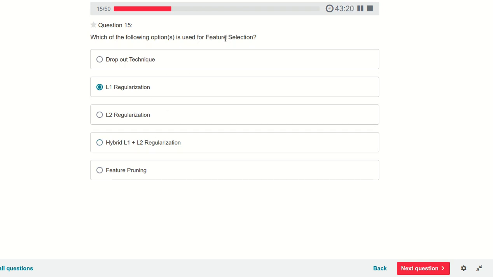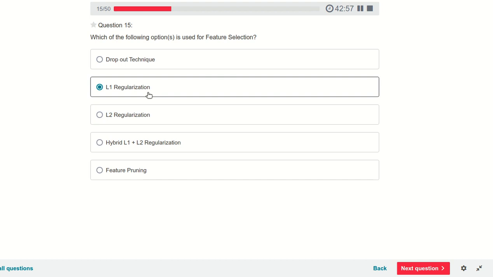Let's suppose we have 1000 features. On what basis will we select out of 1000 features? Which features do we want to have higher weights, which features do we want to have zero weights, which feature do we want to give priority? That comes under L1 regularization.